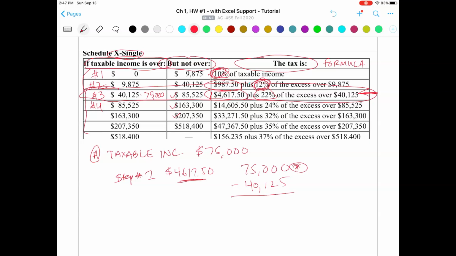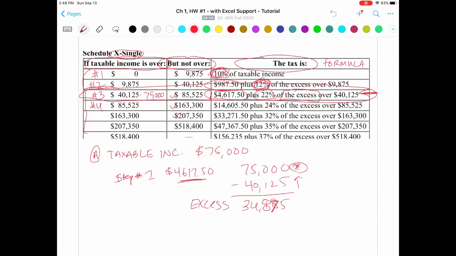So at this point, I want you to break out a calculator, maybe use your computer and compute this. You can do it longhand, feel free, but I encourage you, just make it easy on yourself and use a calculator. So 75,000 minus 40,125 gives us 34,875, okay? And this is the amount, this is the excess that the IRS is referring to. This is the excess of the amount over